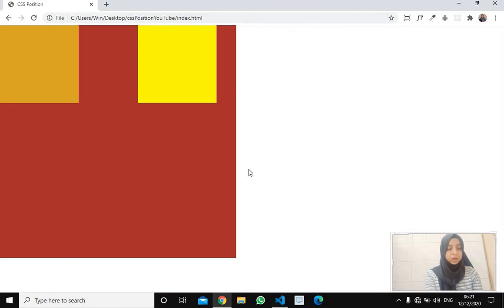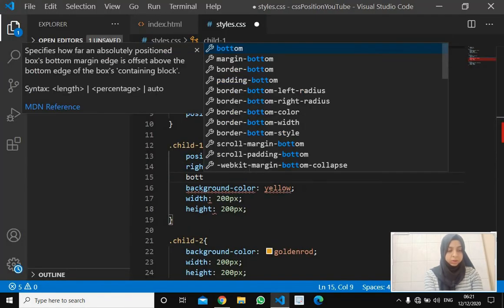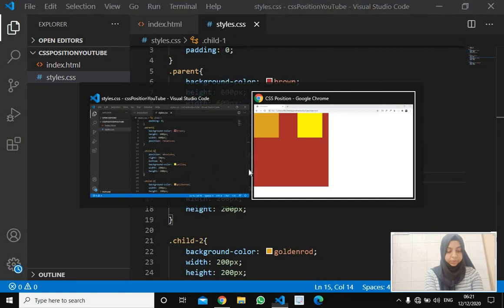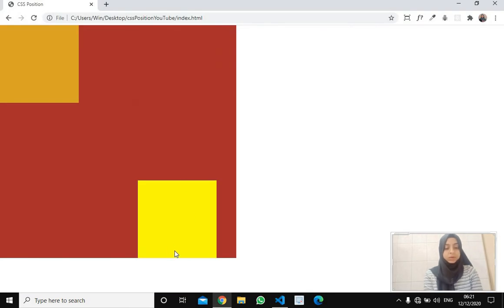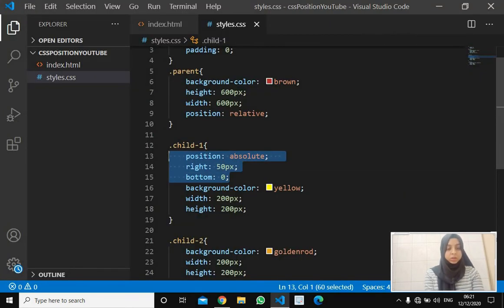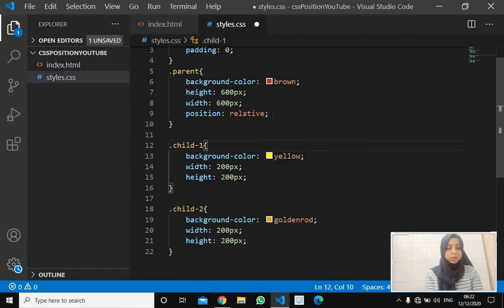So for example, if we give it a bottom also of 0, can you see it moves to the very bottom relative to its parent container. Okay, so this is what absolute position does.